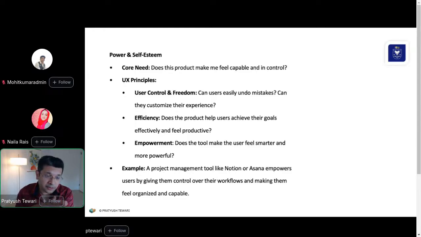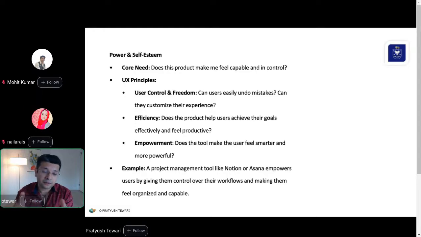So the UX principles you can focus on here are user control and freedom, which is, can the user easily undo their mistakes? Can they customize their experience? Can they take shortcuts in the app, or do they have to go through all the steps one by one all the time? That is why efficiency of the user flow is very important: does the product help users achieve their goals effectively and feel productive?